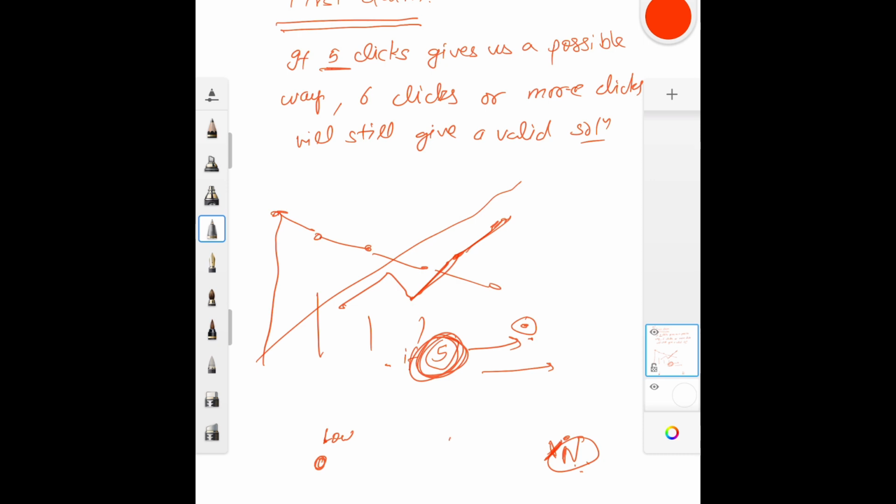Now what next? Next you'll take a midpoint, and check for this midpoint: if I can make this many clicks, will I be able to cross all the things? If yes, then for mid plus 1 and others you also have an answer, so you can search this half now. This is a typical binary search. Now the only problem is, how do I test if using mid clicks I can really pass all the things?